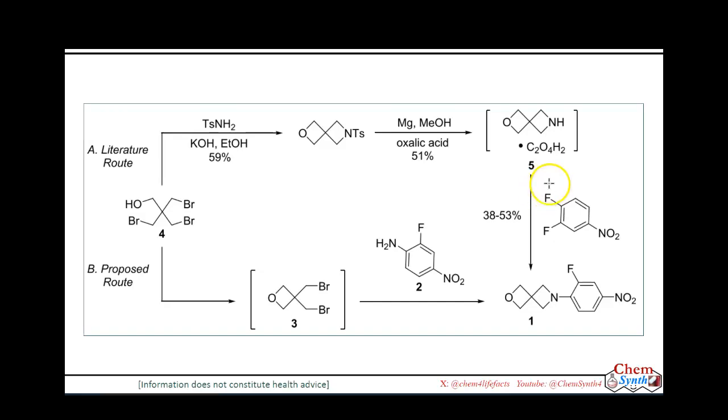and this compound was isolated in the form of oxalate salt when oxalic acid was used, and this intermediate was used for the next step, which was an SNAr reaction with this difluoronitrobenzene and leads to the formation of compound 1. Now here